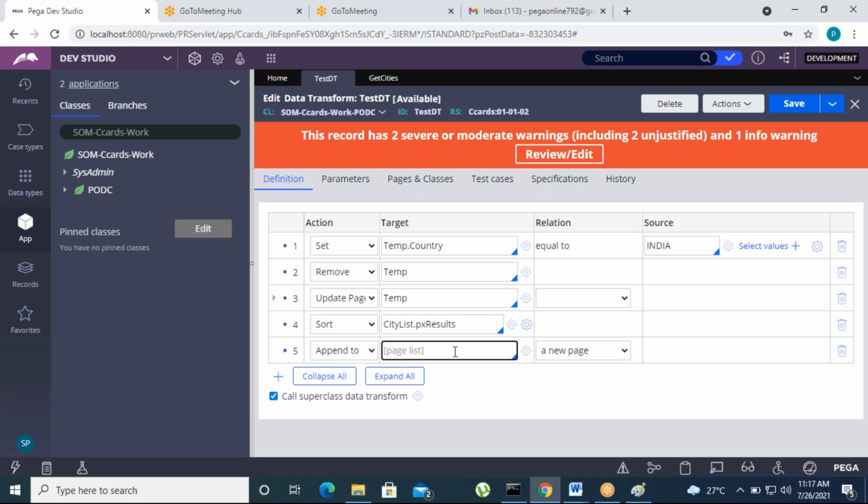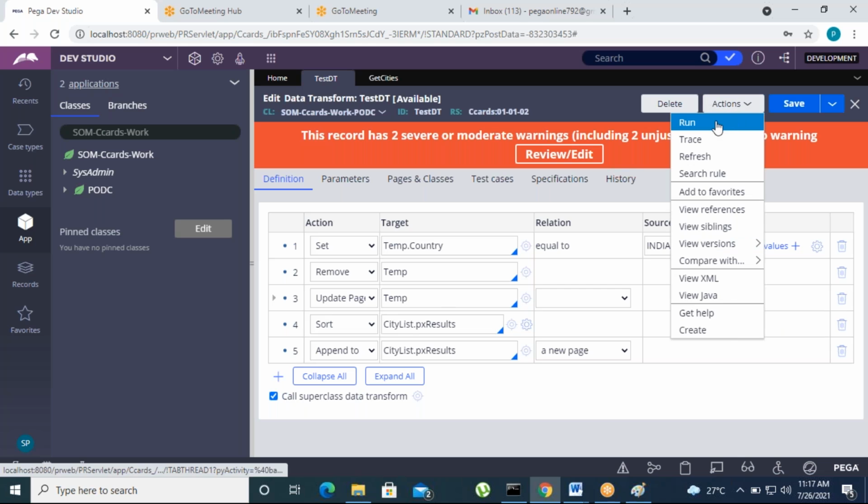Suppose I'm going to add some page list here, that is citylist.pxResults. Under citylist.pxResults, I want to add a new page. A new page, nothing but one new page is added to citylist.pxResults. Suppose you click on save and run this action.